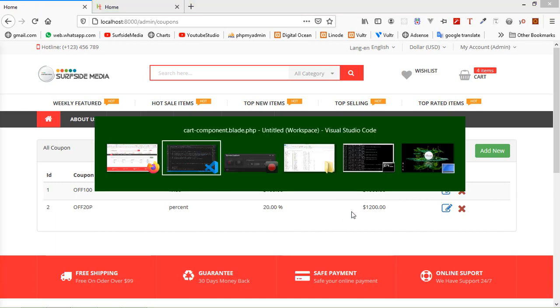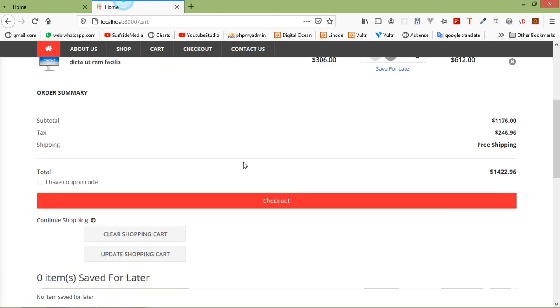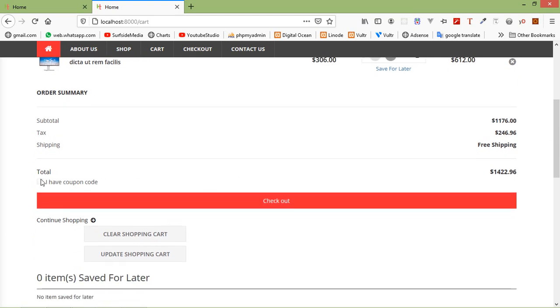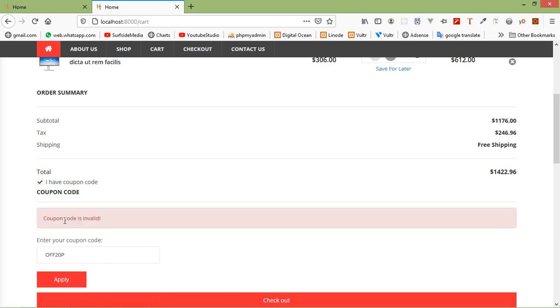So let's go to the cart page. This is the cart page. Okay, and this time you can see the total subtotal value is not 1200. This is $1176, and this time I'm just going to try this coupon code and click on apply, and you can see the error message: coupon code is invalid.